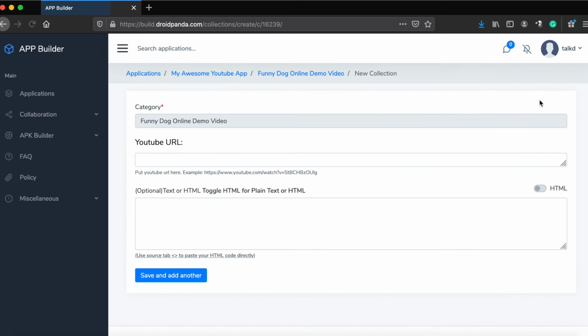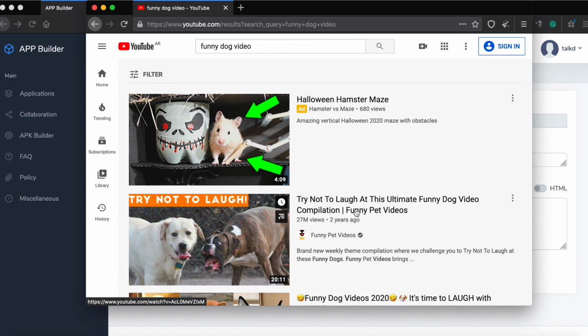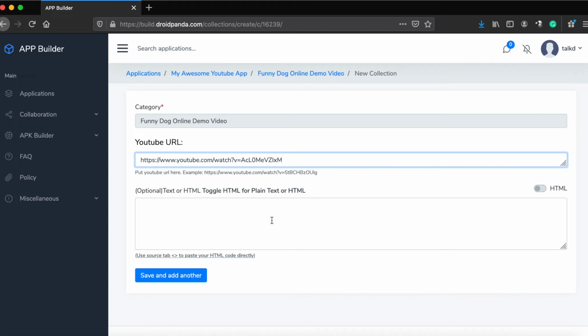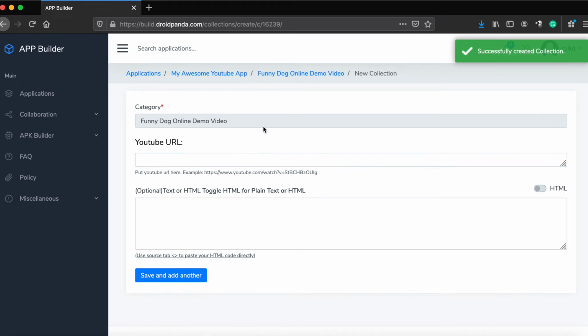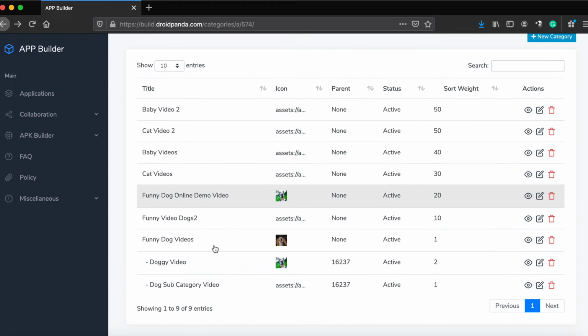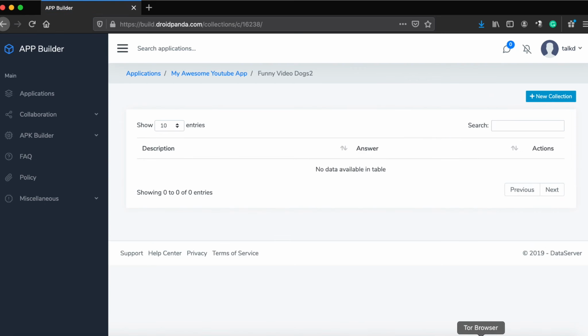As mentioned previously, for video app we can put at most one collection under a child category. If you have more than one collection in a child category, the app might not work properly, so you need to be extra careful for that.